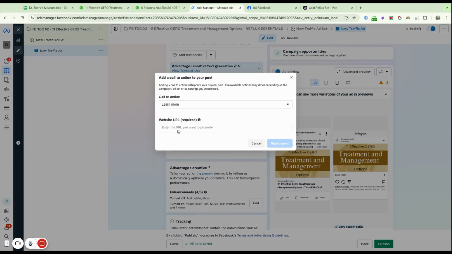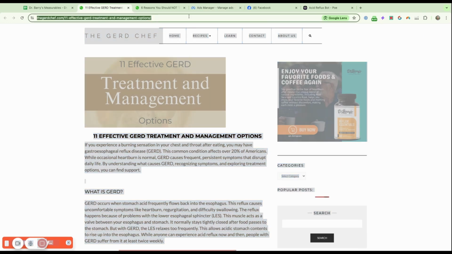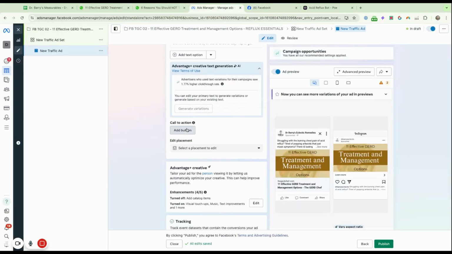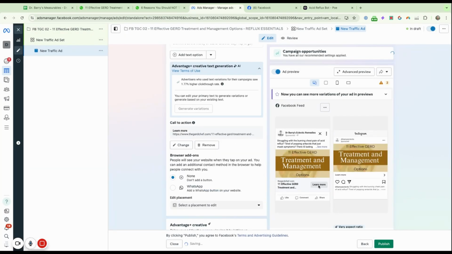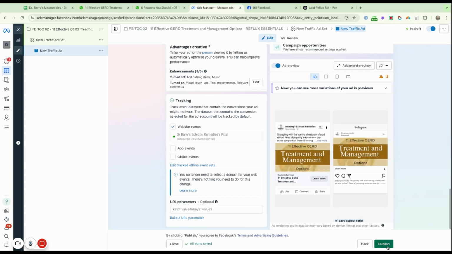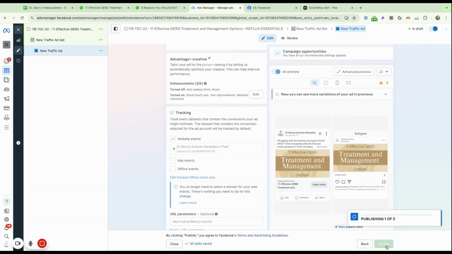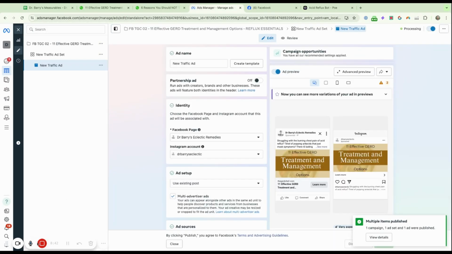You can do a call to action button, like learn more. So let's put learn more, but you don't need it. You don't need a call to action button. But it just adds that button right there. And that's it. Now we're going to click Publish. And it's going to publish our ad. And then we just start tracking it like we normally would with our Google Ads.